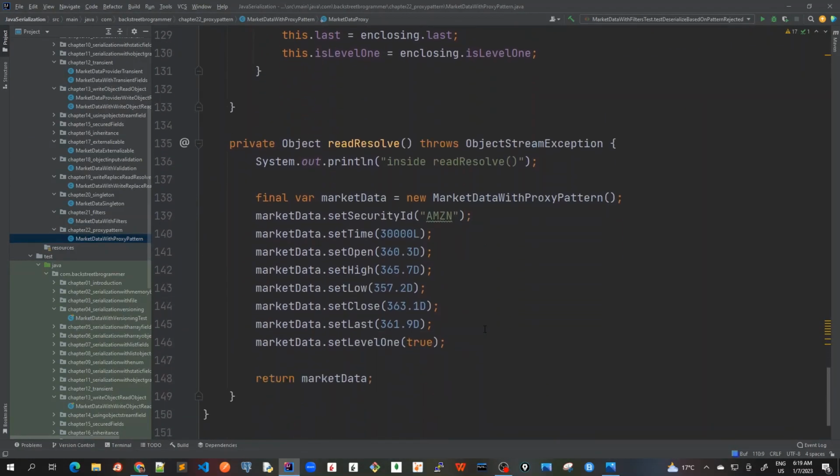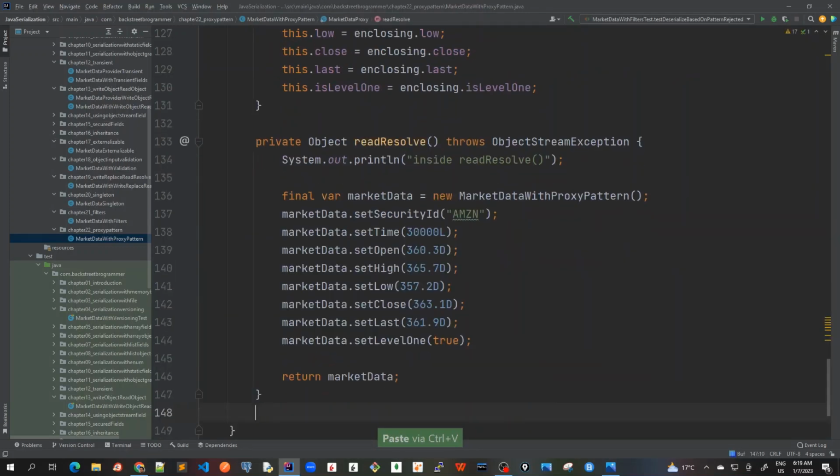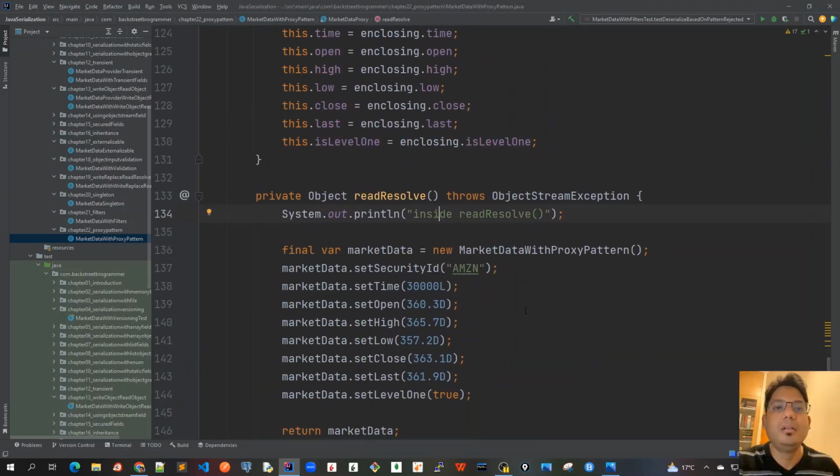Let's implement the readResolve method here. I'll copy this from the enclosing class and move it inside our static inner class. Let's make some space here. Okay. So I'll mark this as inside proxy, our proxy readResolve, because right now it's moved from the enclosing class